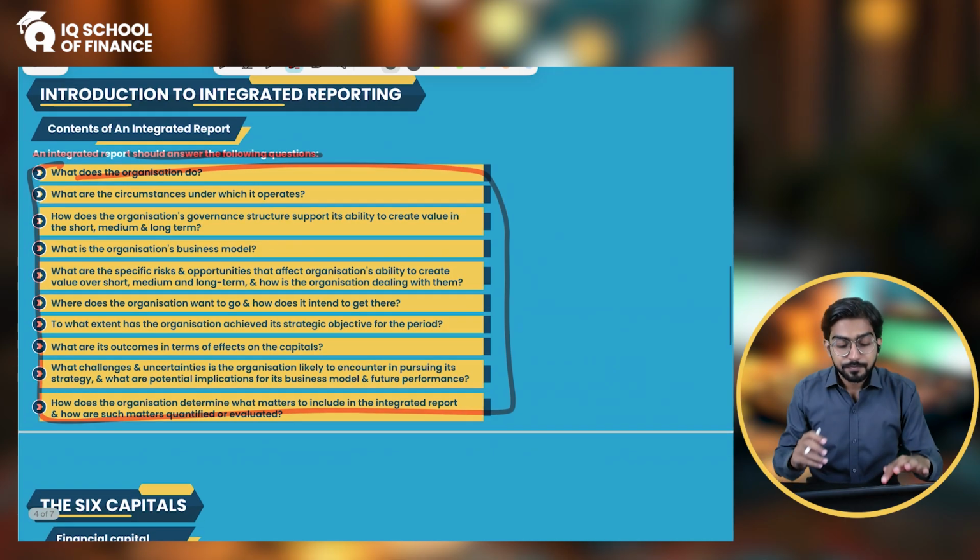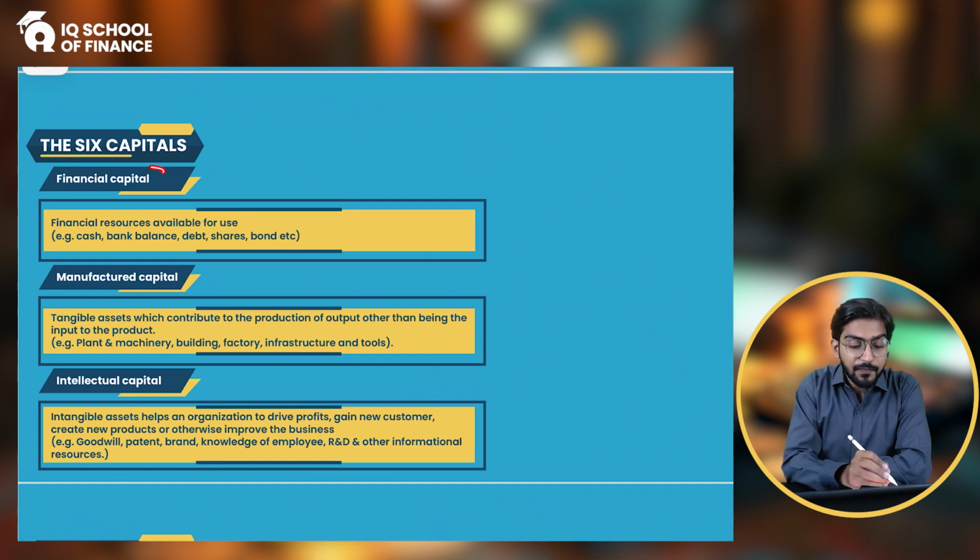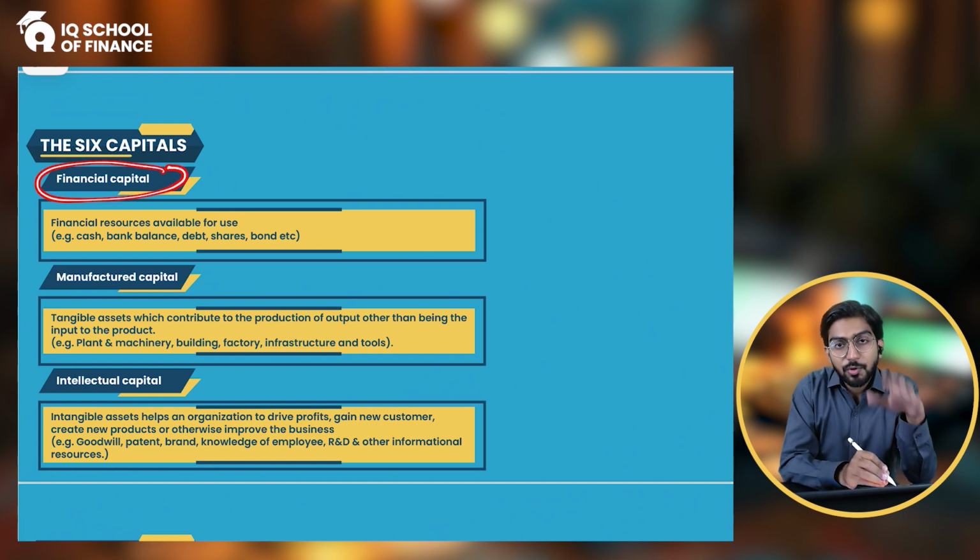All right. So now let's come to the main area of the integrated reporting, which are the six capitals of the integrated reporting, and we will understand them in detail one by one. So first of all, we have the financial capital, and I have no doubt that none of you will say